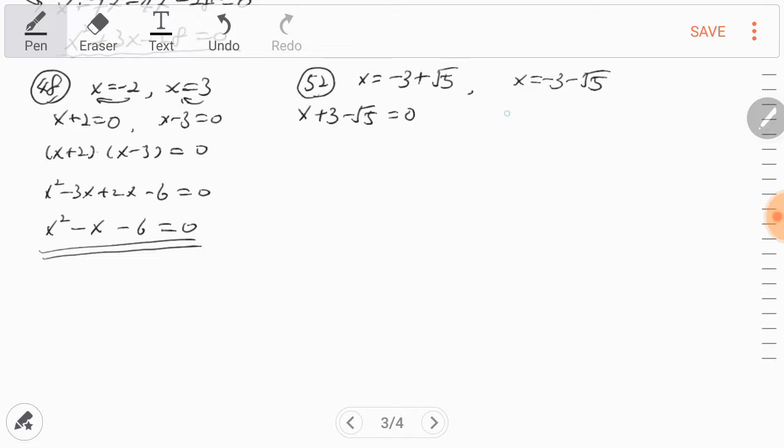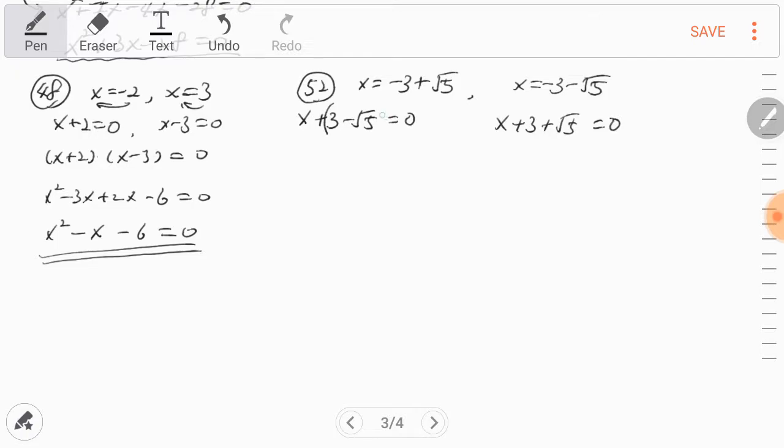And from the right side, x plus 3 plus square root of 5 is equal to 0. Okay, let's put parentheses, and then multiply these two expressions,